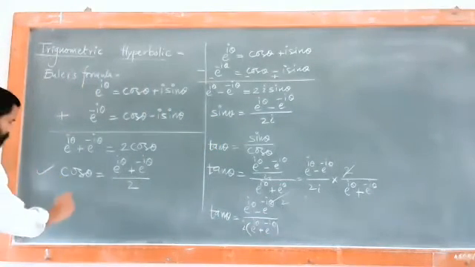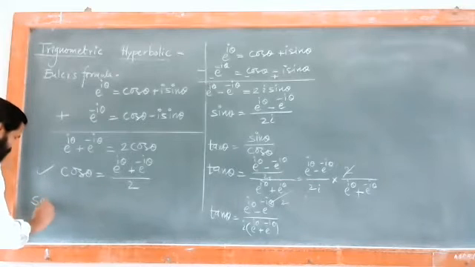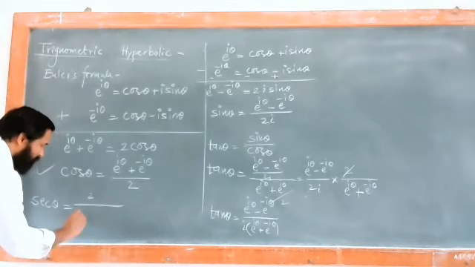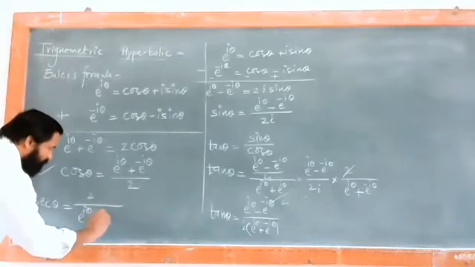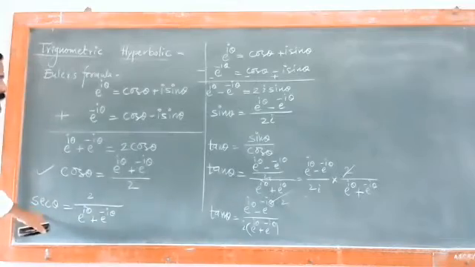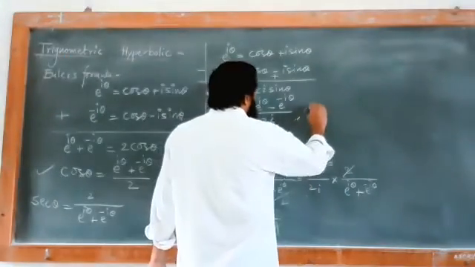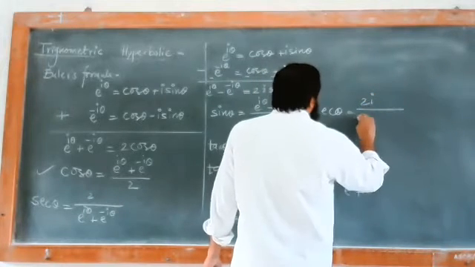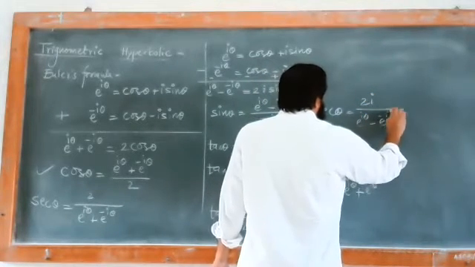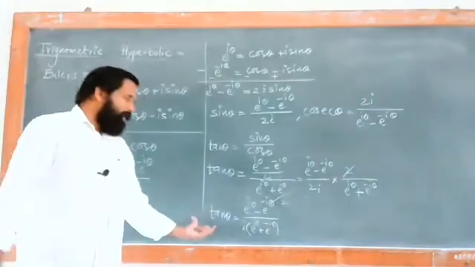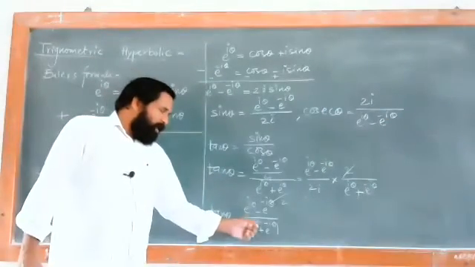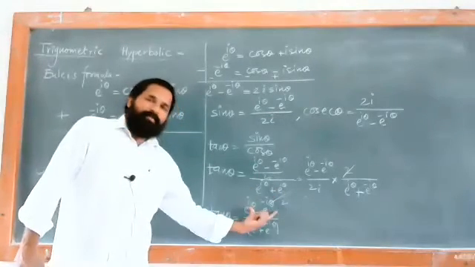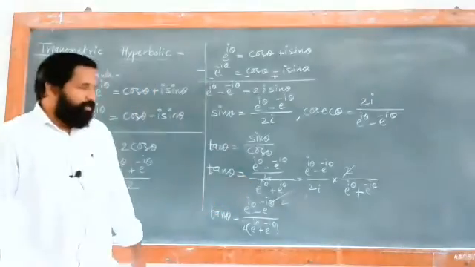Cos theta माहिती है? So cos theta, so we can calculate sec theta. So sec theta is nothing but 1 upon cos theta, and that is equal to 2 divided by e raised to I theta plus e raised to minus I theta. Sec theta काढला, we can have sin theta, so we have cosec theta, and that cosec theta is nothing but twice I divided by e raised to I theta minus e raised to minus I theta. तसंच तुमचं cot theta is nothing but I times e raised to I theta plus e raised to minus I theta divided by e raised to I theta minus e raised to minus I theta. So we can have all the trigonometric functions.